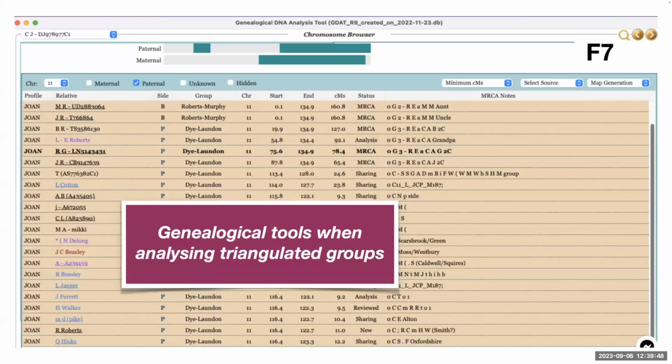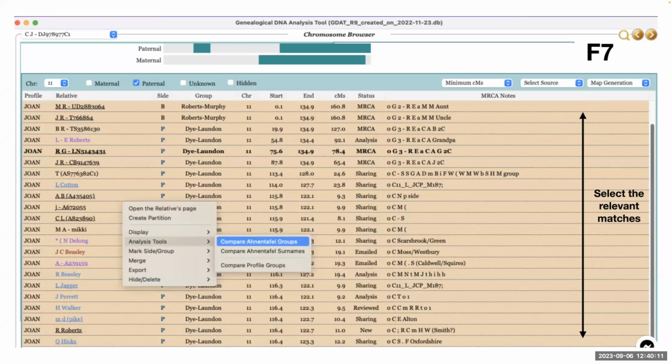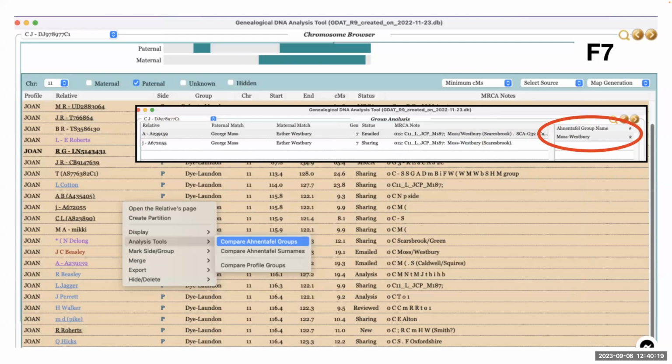So some of the genealogical tools when analyzing your triangulated groups can be very useful. In this particular case, you can see here that most of them are Dye-Lorndon segments. You can select the relative matches, and once you've selected the matches, they appear in this salmon color. And you might like to compare Ahnentafel groups. So that's the common ancestor name, so the shared couple names. And so in this particular case, in that group, I found two people who have George Moss and Esther Westbury